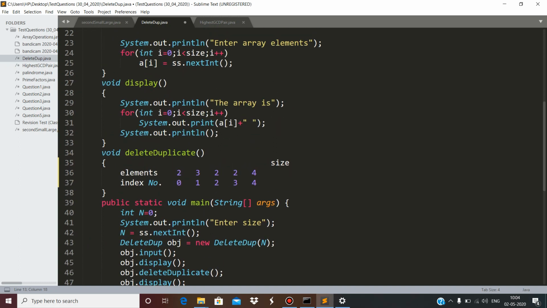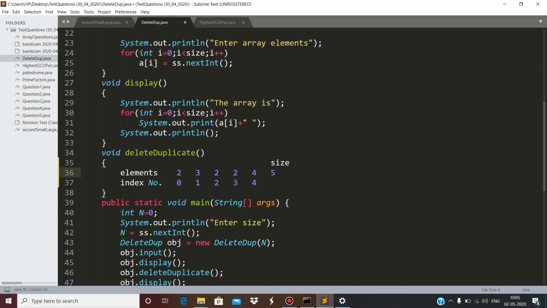Now children, see this delete duplicate function, in which we have considered a few elements, and here the index numbers of these elements we have also considered. Now see, the size of the array is 5, and the element at index number 2 is a duplicate of the element at index number 0.